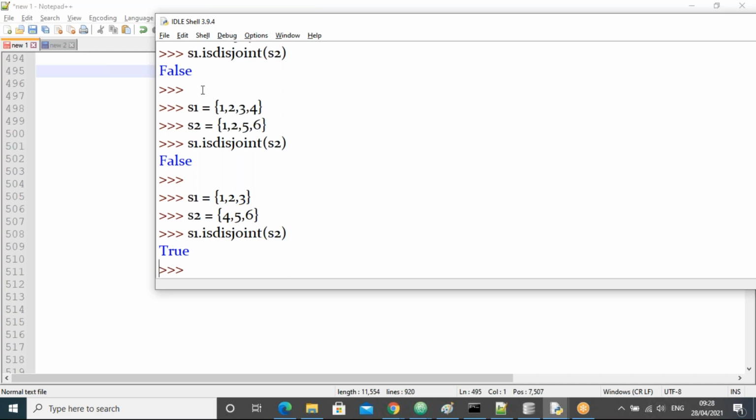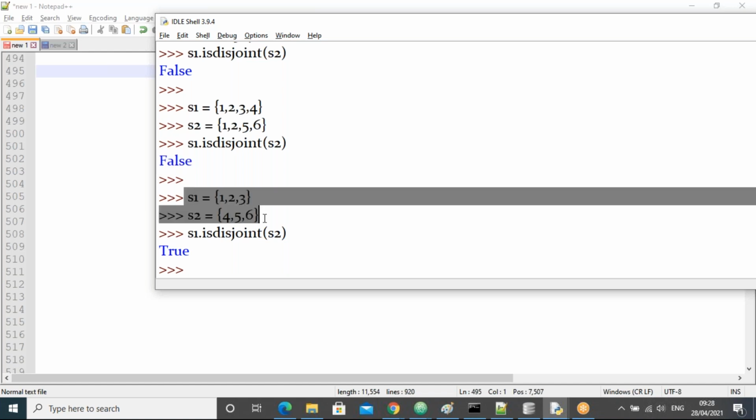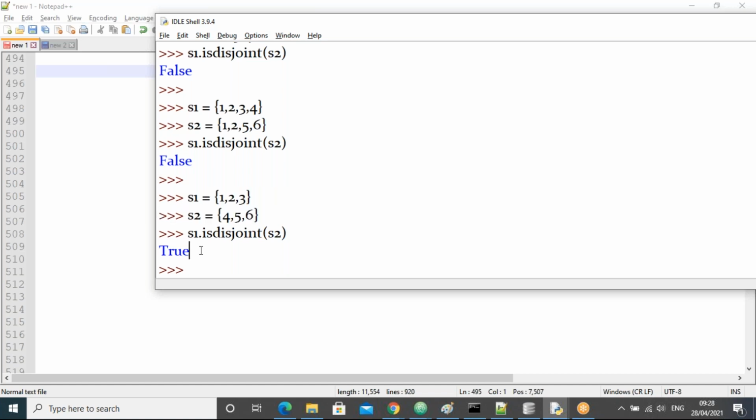So all clear, right? I repeat, now 3 times I repeated. I'll repeat one more time. Listen clearly. If both sets have any one common value, then this function gives false. If both sets do not have any common value, then this is true.